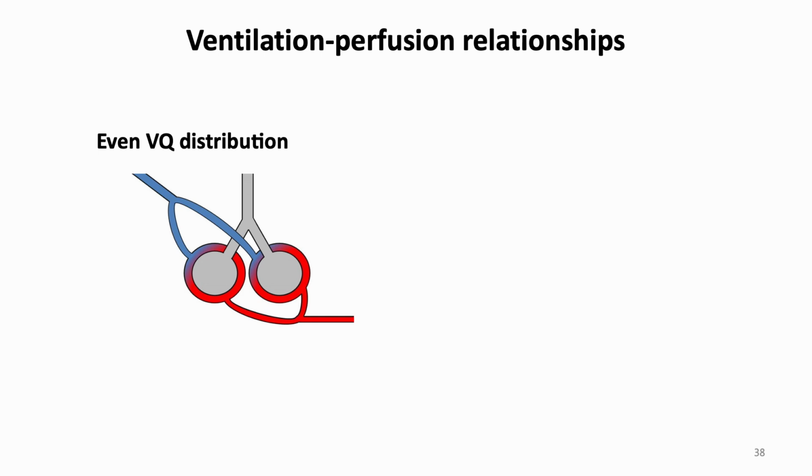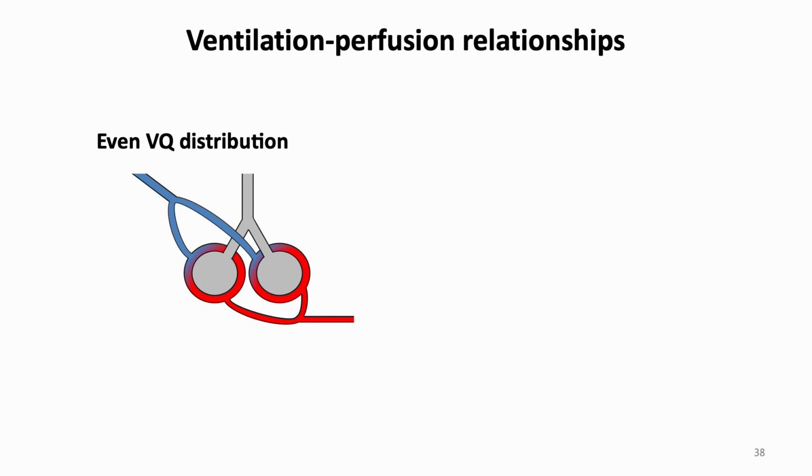So if there was a perfect and even distribution of ventilation and perfusion, there would hardly be any alveolar arterial oxygen difference at all. There will only be that caused by the slight amount of